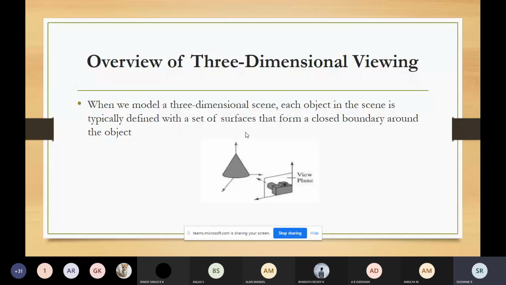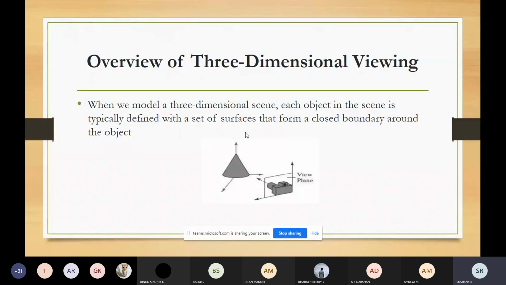There we were using a rectangular boundary; the display window was in rectangular shape, which we called the clipping window, and we also used the viewport. The support we got was that the two-dimensional package was clipping a scene and mapping that to the device coordinate.